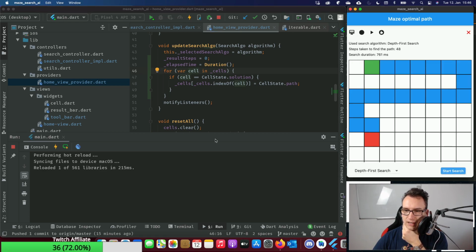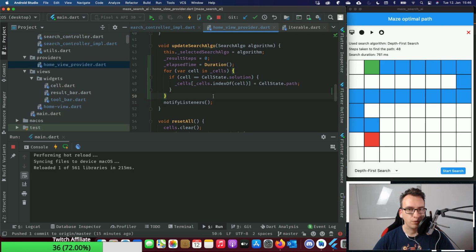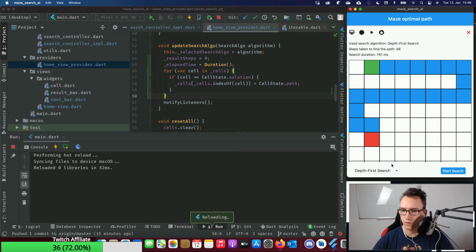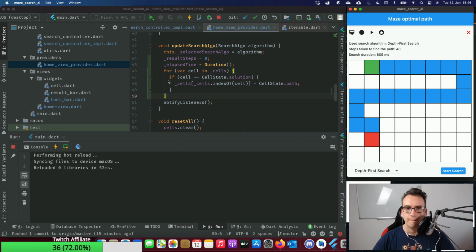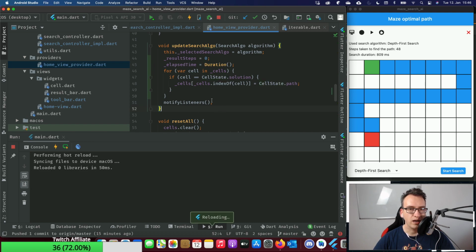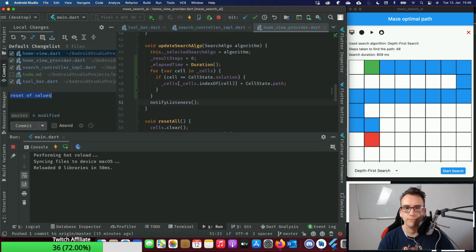So the last thing that we need is actually that checkbox that I would like. Something is missing yet. If I change down here, okay, the only problem is that this search algorithm is automatically shown, but I think we can live with that actually. It's not too bad. But what I would like to do now is add this checkbox so that a user can decide if they want to have that slow mode at the end.